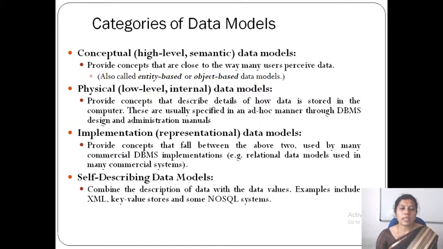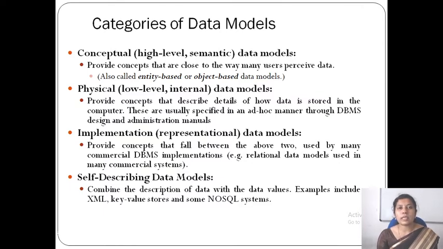Okay, and then implementation data models, also called representational data models. Here it will describe how you are going to implement the database. For example, if I take the relational database model, in the relational database model the data will be represented in the form of tables.